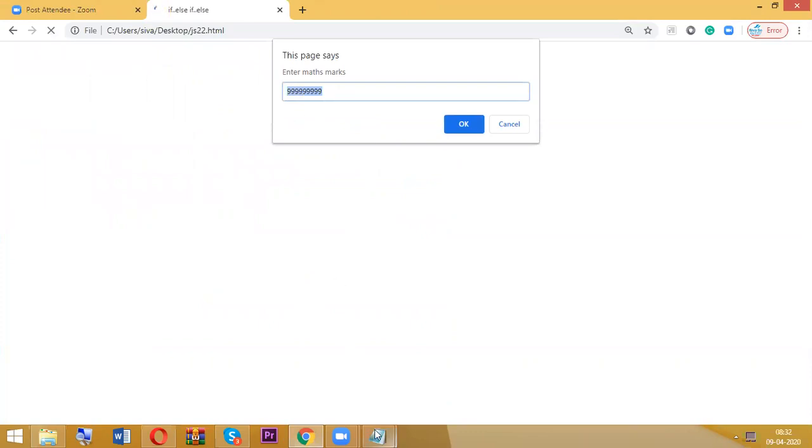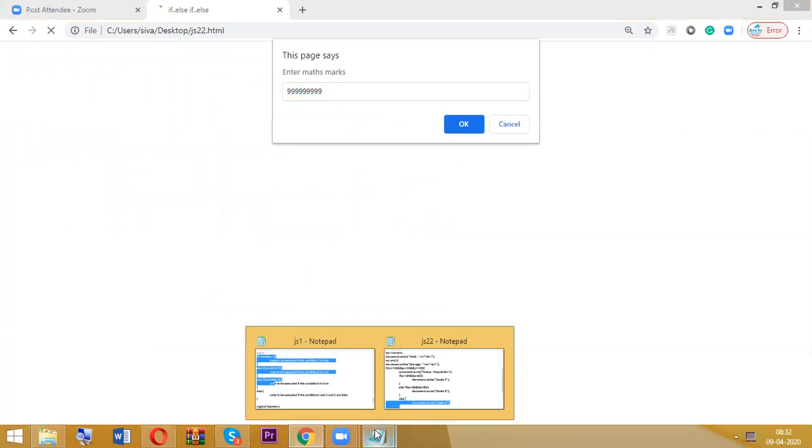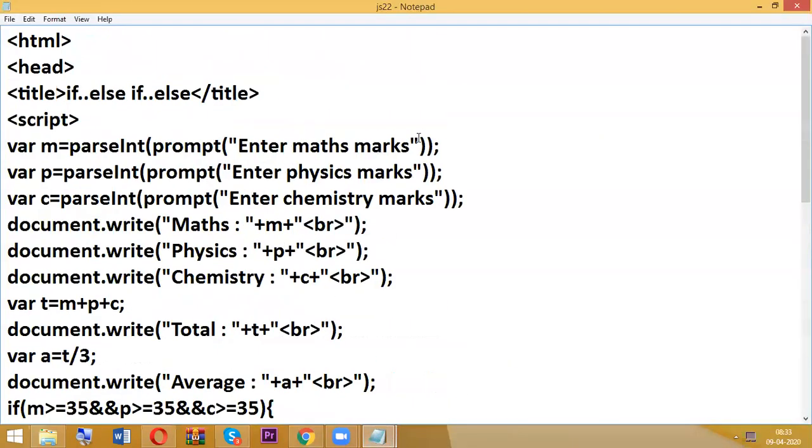Later I will discuss how to control the count. Just like a suggestion I am giving, the user should enter between 0 to 100. It is just a suggestion. Later I will discuss how to control the count in prompt. So whatever it may be, now go and check.